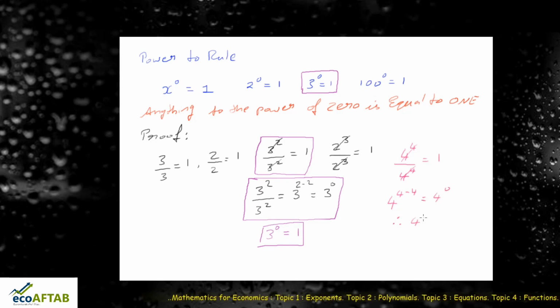Therefore I can say 4 raised to 0 is equal to 1. So I have given you enough proof to understand the power to zero rule. So here we are speaking about power to 0. So with this friends, I come